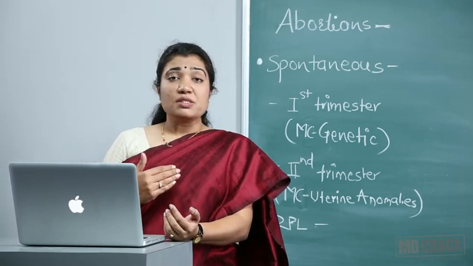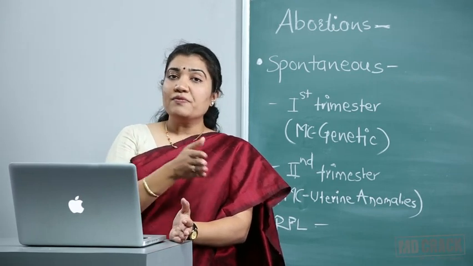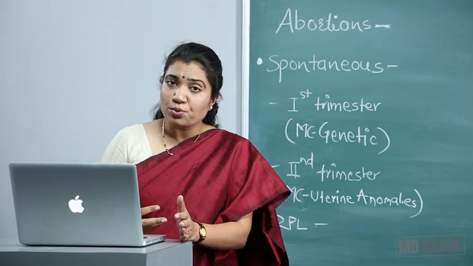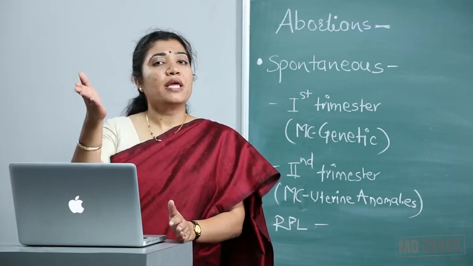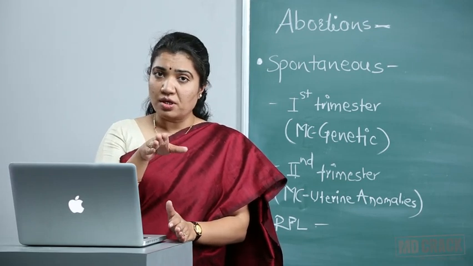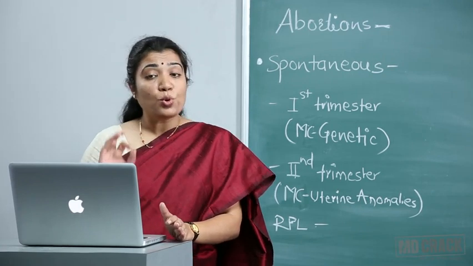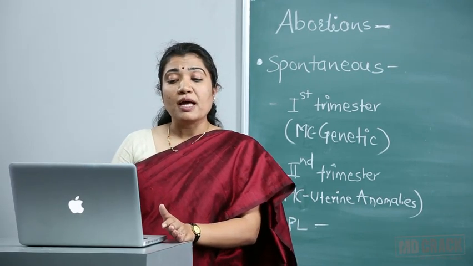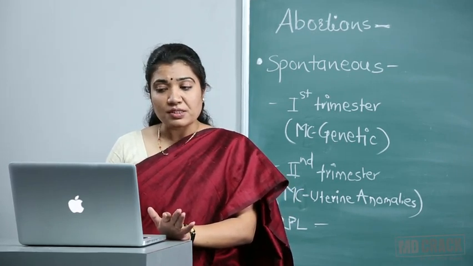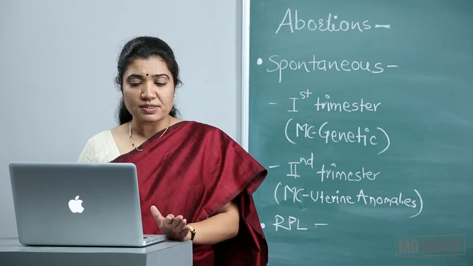Out of these genetic causes, a question can come: which is the most common genetic abnormality seen in first trimester abortion? These abnormalities can be trisomies. You all understand trisomy means presence of one extra chromosome. It may be any of the 23 chromosomes; any chromosome can be extra. Except one, all the trisomies can get aborted. But which is the most common trisomy which gets aborted? That is trisomy 16. Again, a very important point; many times this has been asked. Other trisomies are 13, 18, 21, 22 and likewise.